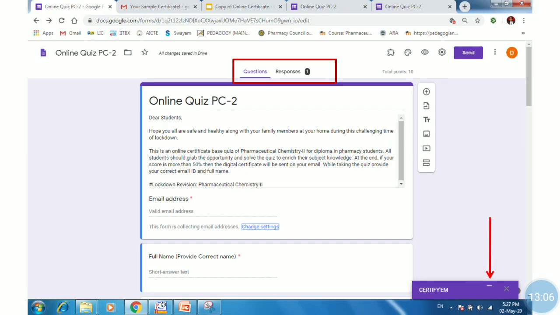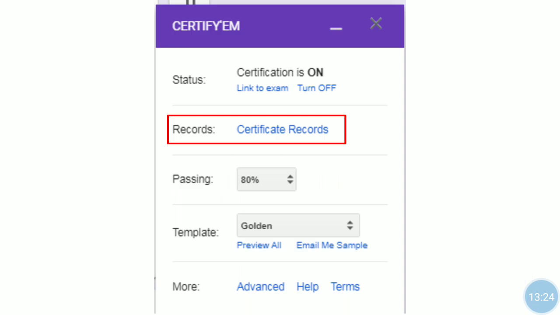So this is how we can award a certificate if the exam taker crosses a particular percentage. You can check the responses as in Google Forms where you select the response options.